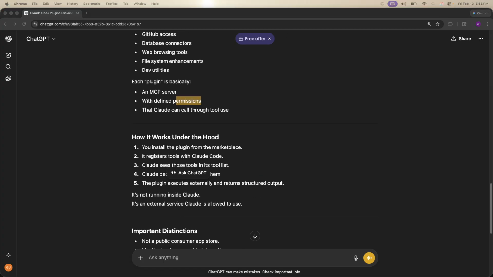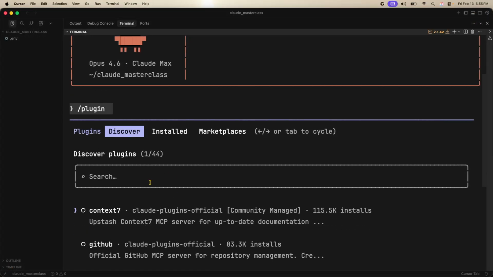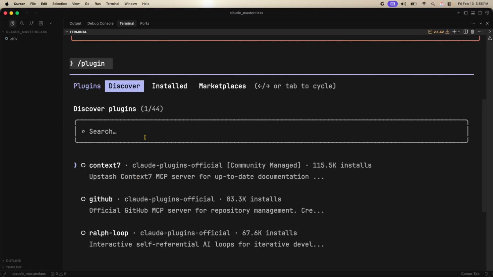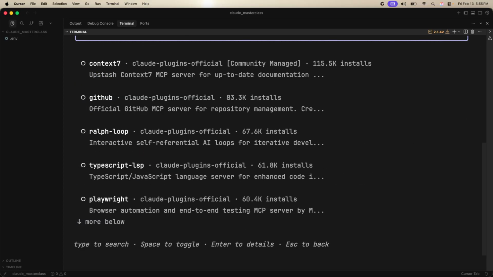So let's go back over to Claude. And then there's a couple of plugins that I like to use. So the first one that we're going to search for, hold on,